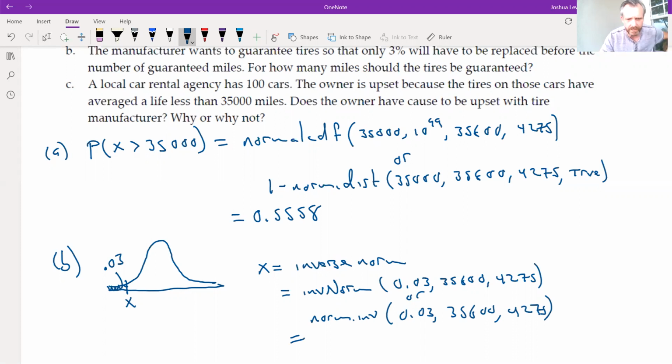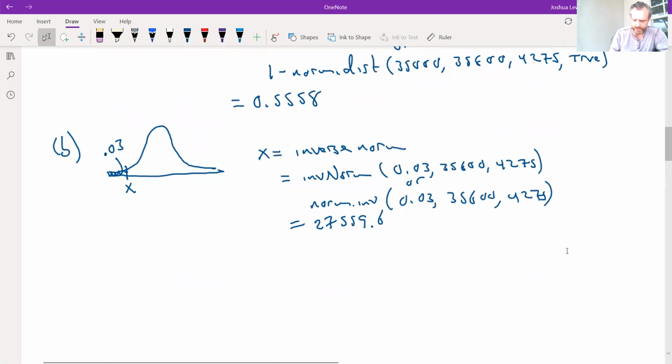And so then you get 27559.6. So they're going to guarantee tires up to that many miles. Okay. All right. Now part C,